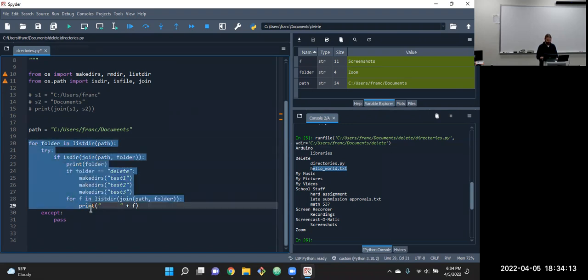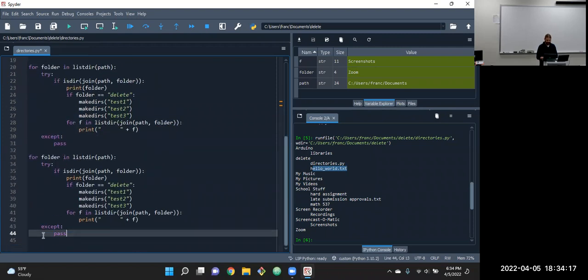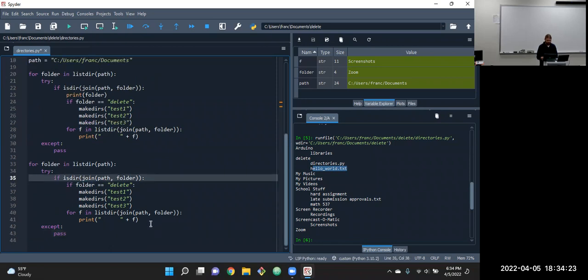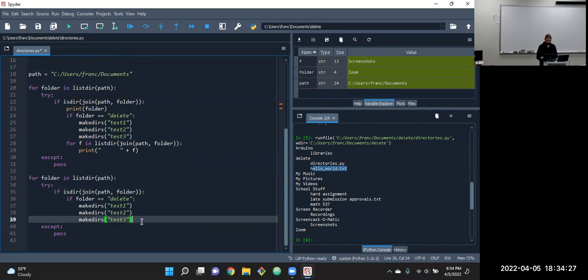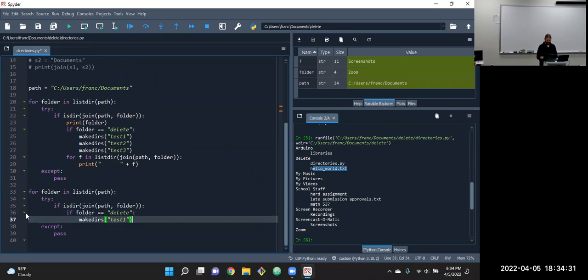delete one of them. So I'll just copy all this, paste that down. Don't need the print statements. Don't need to keep walking through. I'll delete number 1. That's probably the easiest thing to modify here. So instead of make dirs, we have rm dir, which